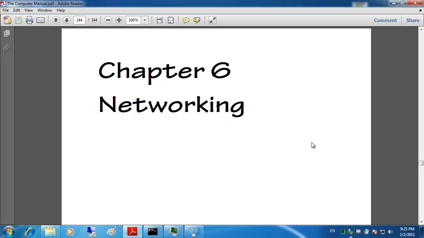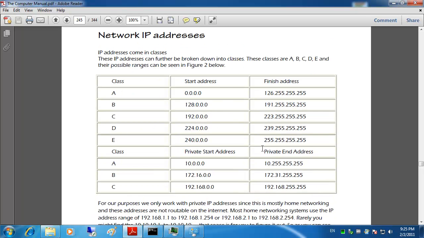Chapter 6, Networking. In this chapter we're going to learn how to connect the computer to a network and the settings that we're going to use. So we're going to start with network IP addresses. The TCP/IP protocol is the standard protocol used over the internet and in enterprises as well as